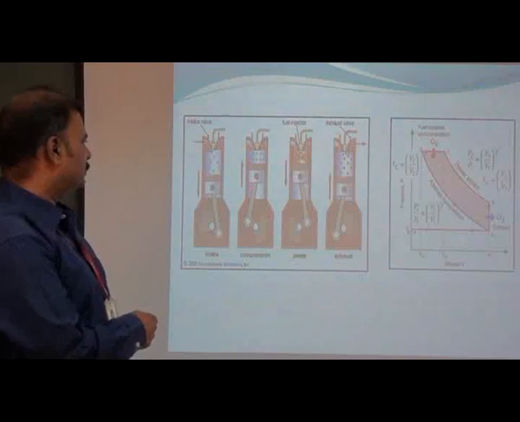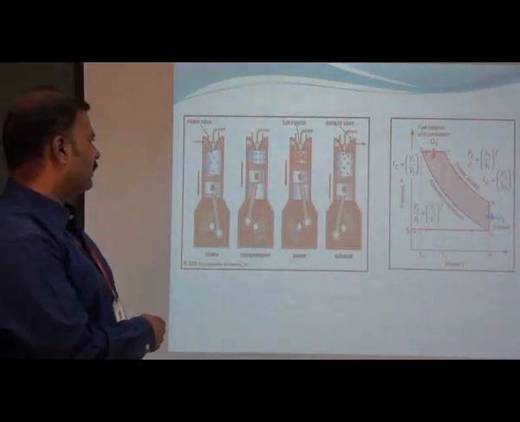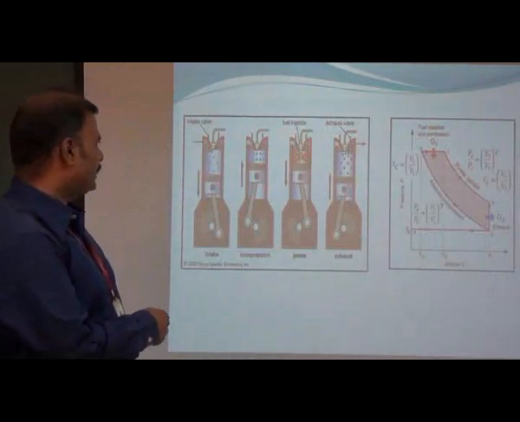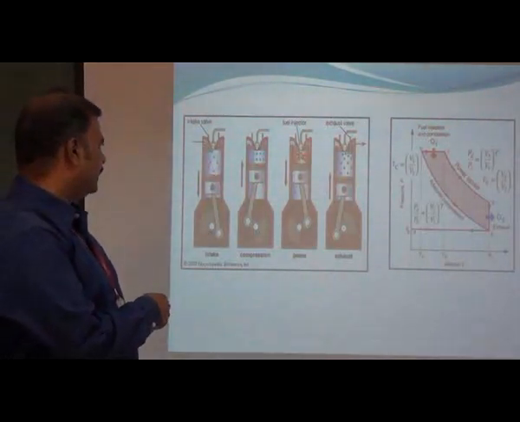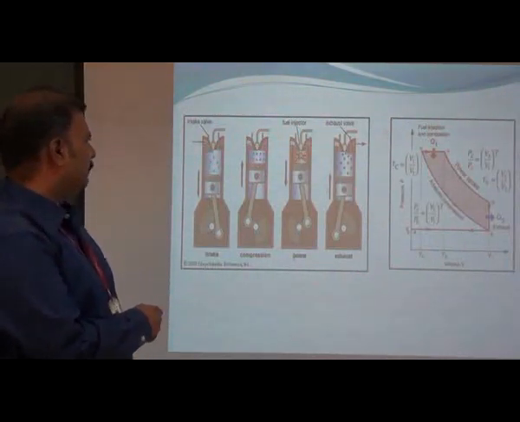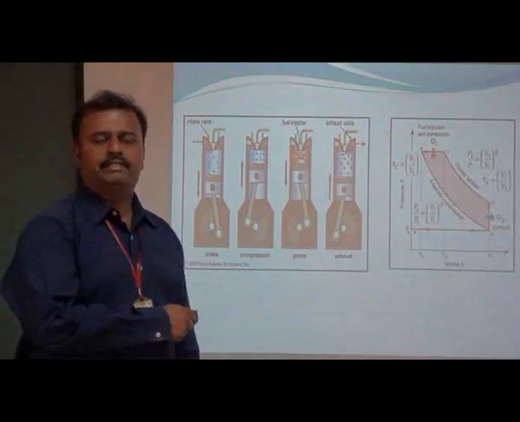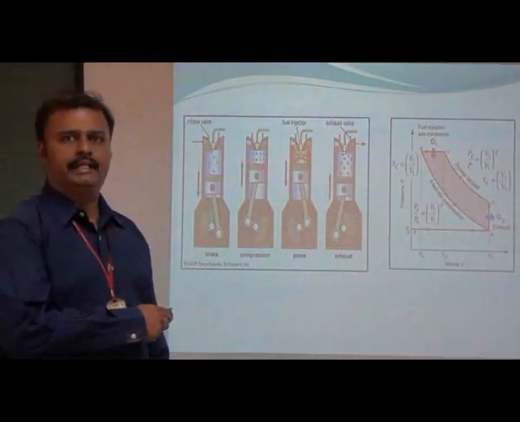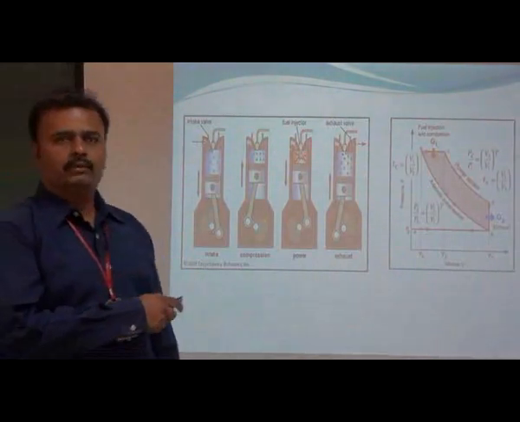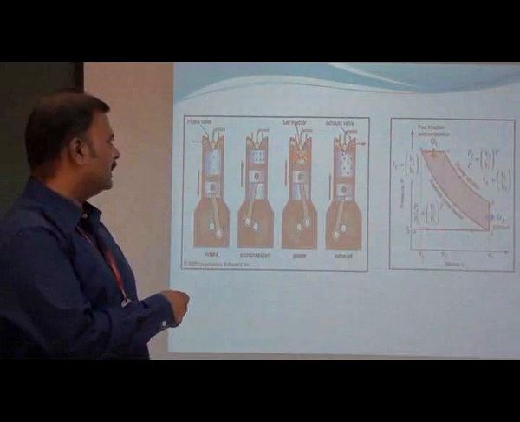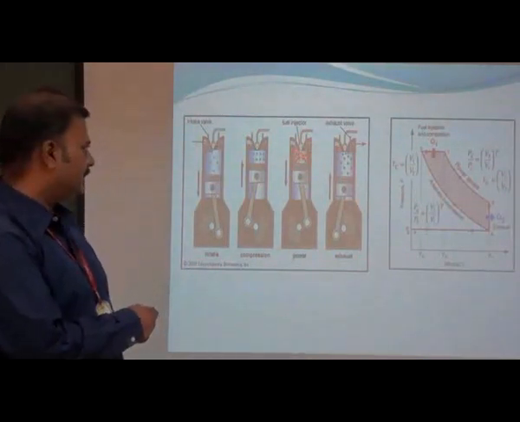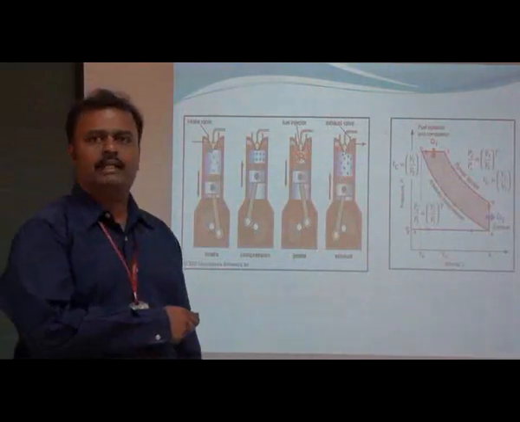During the compression stroke, what happens? The piston is moving from bottom dead center to top dead center. At that time both the valves are closed, so that the air available in the combustion chamber is compressed, which increases the pressure. When we increase the pressure, automatically the temperature is also increased. At the end of the compression stroke, the fuel is injected. It is designed based on the self-ignition temperature of the diesel. So at the time the diesel is injected, due to the temperature, it is automatically ignited.